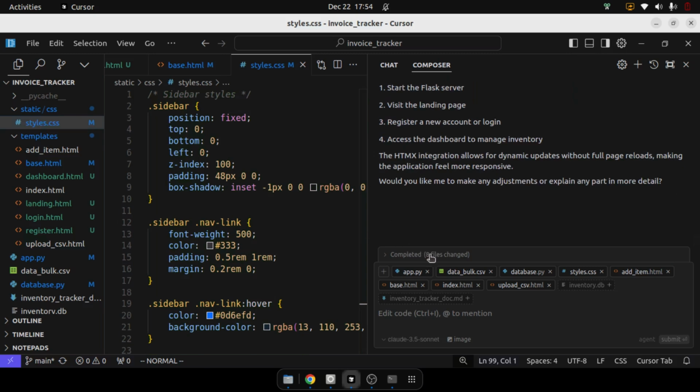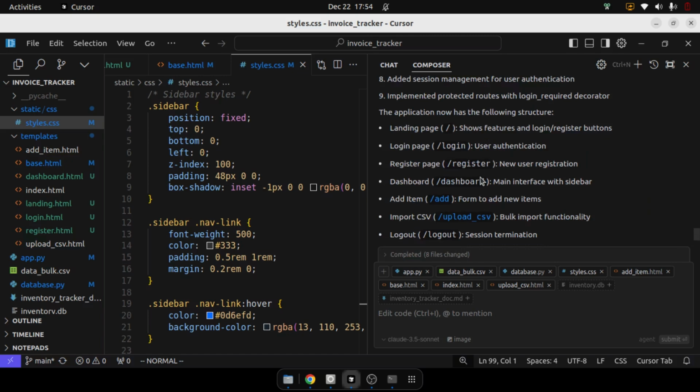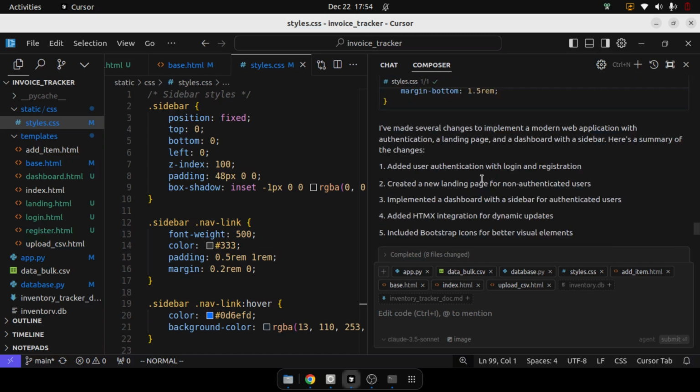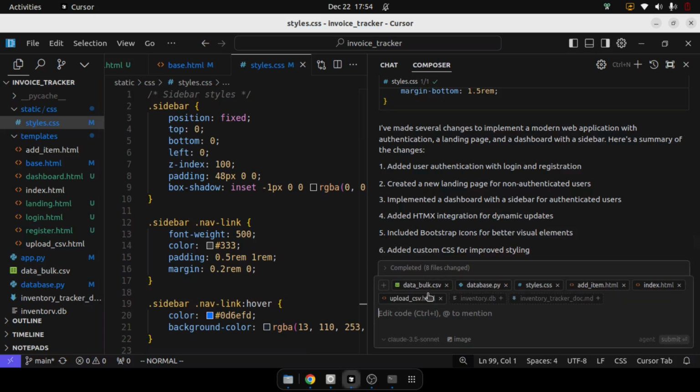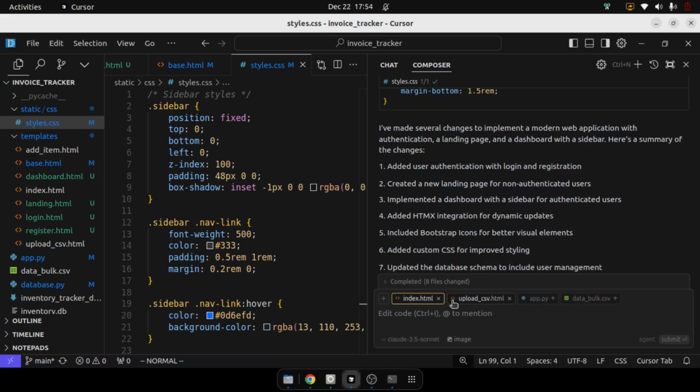You can see that it has changed 8 files and it is telling me the files it has changed. And it is telling me the login pages, etc., that have been updated. And now I'm going to remove these things. Okay, and I'm going to do one important thing: I'm going to ask it to update the